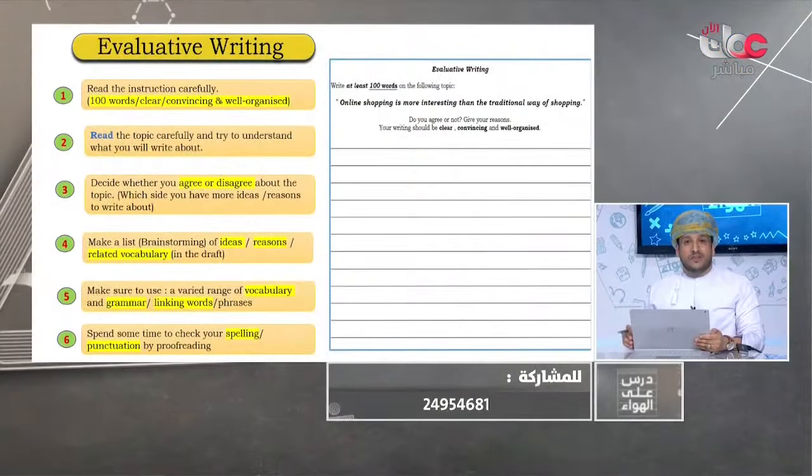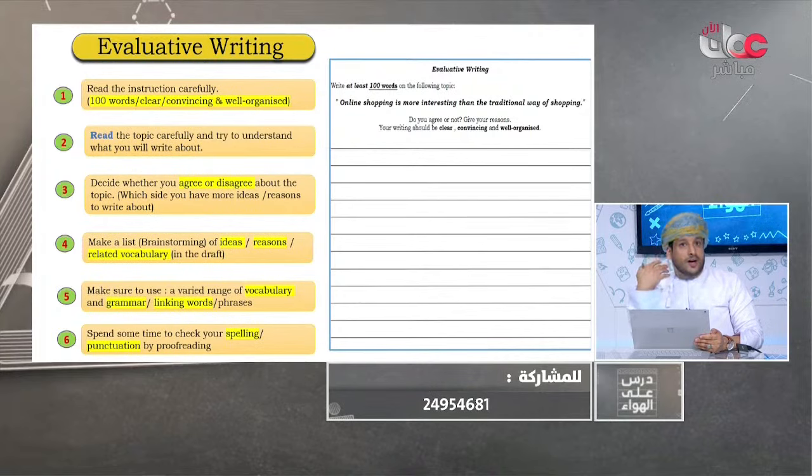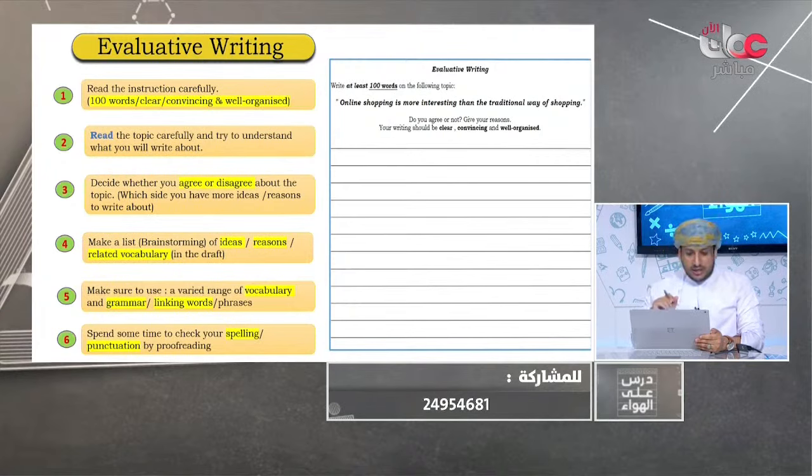If you just follow here for the evaluative writing, I think this is very important. For writing, we have two types tomorrow, inshallah. You will have evaluative writing in which you will evaluate or write your own opinions. For evaluative writing, question number 1, we will have to write at least 100 words. It means don't write less. If you write 90 or 85 and your writing is good, it's fine. But if you write less, your marks will be deducted and reduced. So be careful with the tips here.